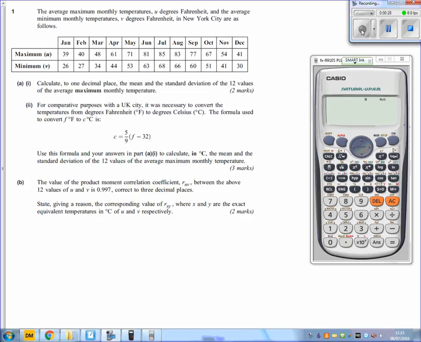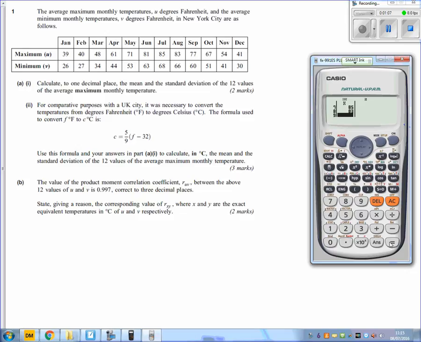We're just going to use our calculator to do this. We're going to put the data into our calculator and let it do the calculations for us. So we're going to click on mode, number 3 for statistics, and then we're going to choose number 1. We're going to enter our data, so we've got a maximum monthly temperature, so we want the first row of that table, so 39, 40, so we're just pressing equals to enter the data into our calculator, 48, 61, 71, 81, 85,